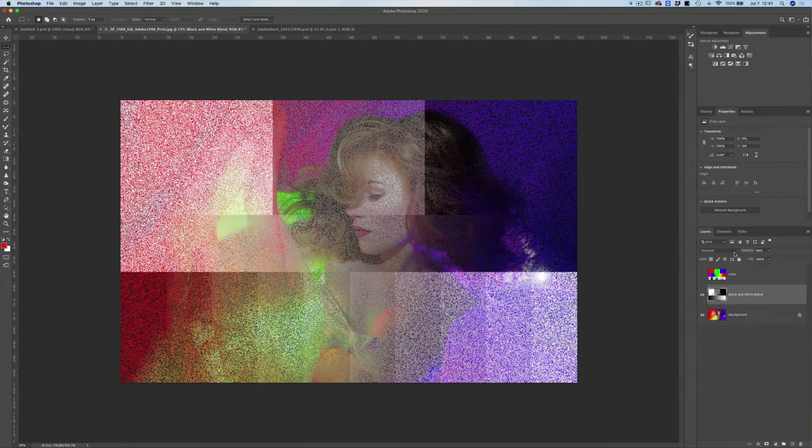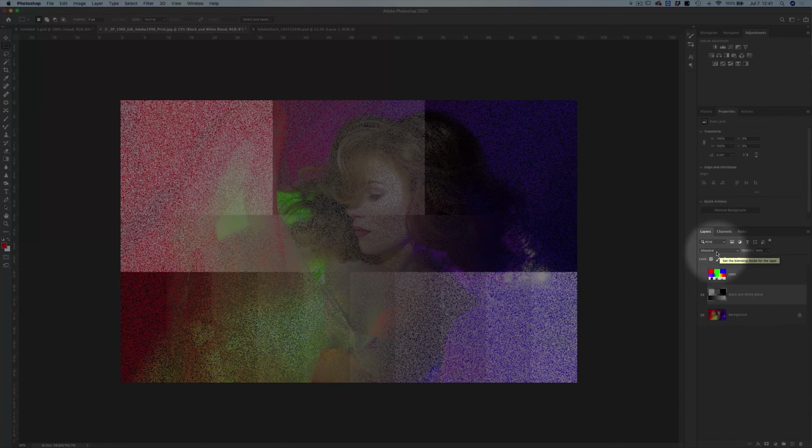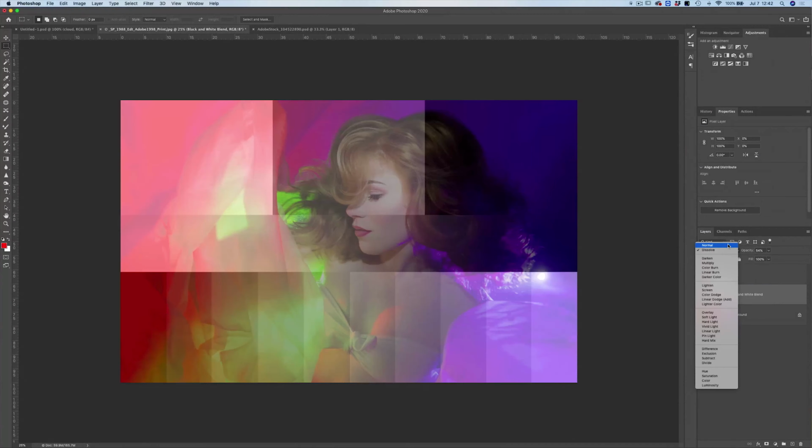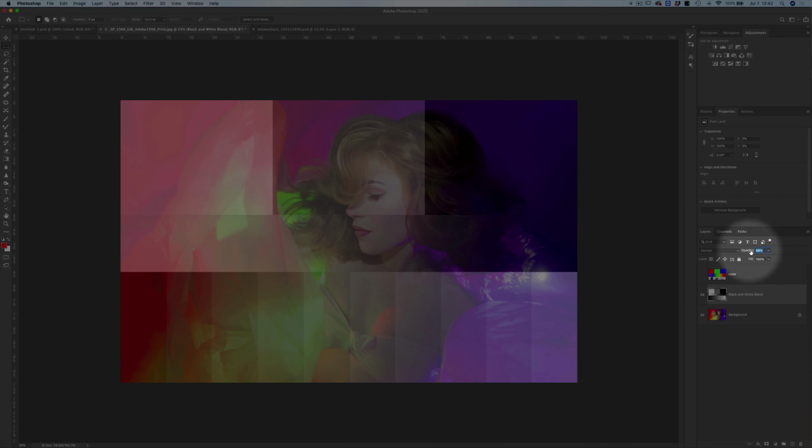So technically, this dissolve blend mode is not actually affecting how the two layers interact. It's just a different way of decreasing the visibility of the layer on top. And that is the reason why it's nested with the normal blend mode. So let me bring the visibility back up to 100%.